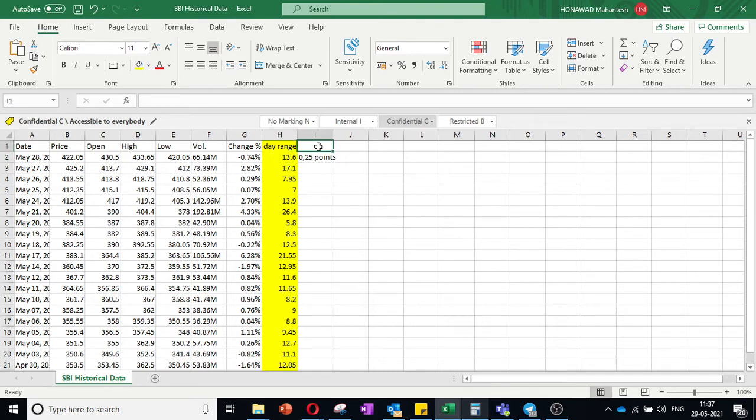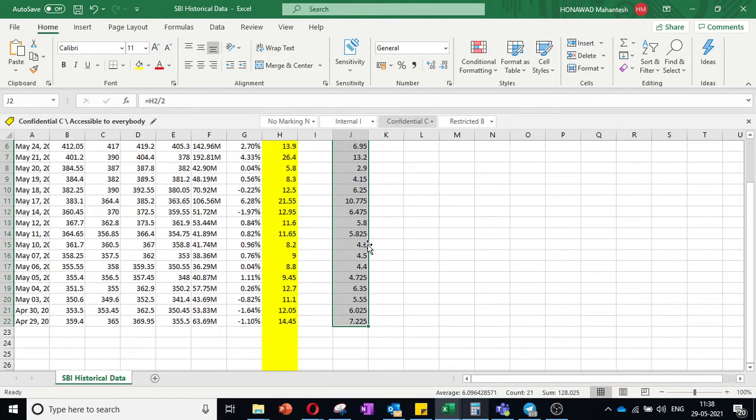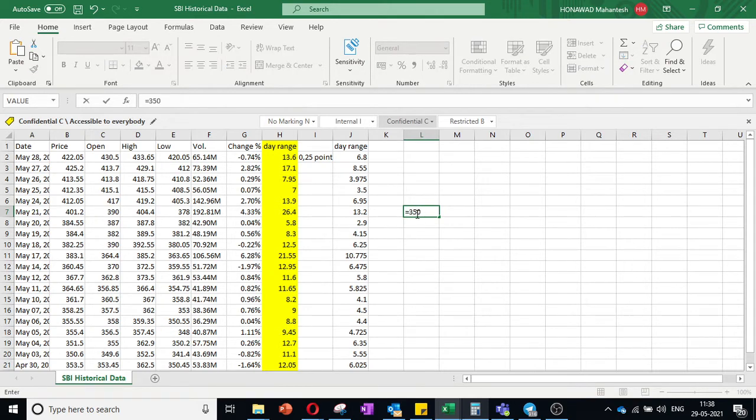So in a range, this is the day range, going from the opening price to the high price to the low price. I will take this day range and divide it by 2, to see how much it will move on each side, because in intraday we do buy and sell. Here the minimum I can see is 4 rupees. So if I get 2 or 3 points in 4 or 5 trades, I will be making 350 into